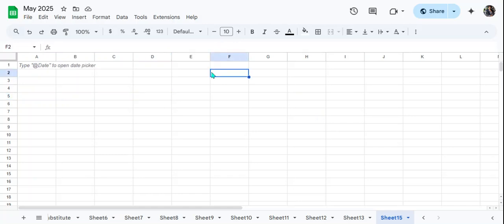is Control and semicolon, so you will get the current date. Here you can see the current date. And if you want to know the timing, press Control, Shift and semicolon. So you can insert the date and time with these shortcut keys. But if you struggle to remember the shortcut key, you can use the